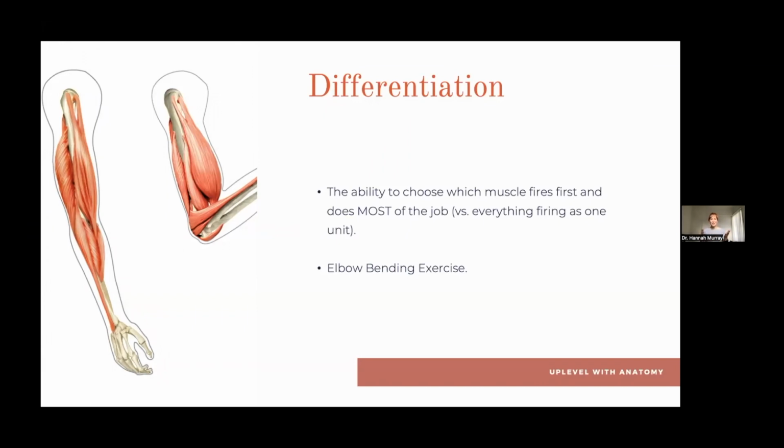So first things first, we're going to bend our elbows like we're at the gym doing bicep curls. So hands up, you're going to bend your elbows up as if you're lifting weights. You can take one hand, put it on your bicep, and you can feel how it really works, right? I can feel it's like, okay, we're doing reps. Got it. Now, if I want to bend my elbow without so much bicep engagement, because a bicep can be a really tight muscle,